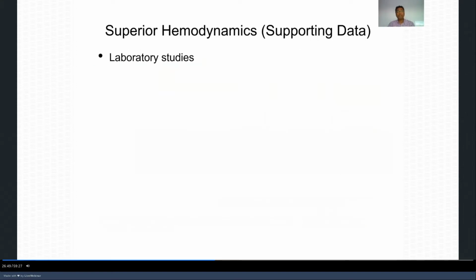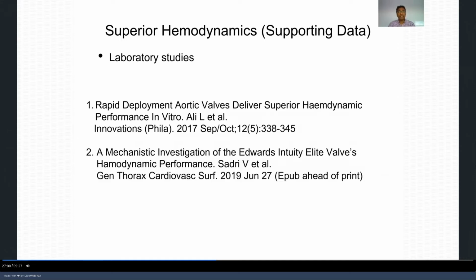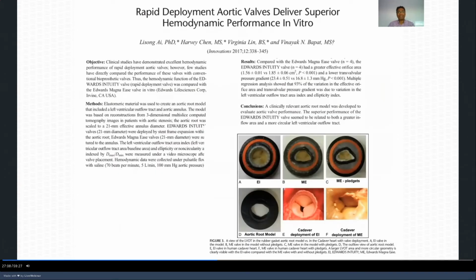When you look in terms of the superior hemodynamics, I reviewed the evidence and I divided it into laboratory studies and then also what is there in observational data. And there are 2 very important papers based on lab testing. The first paper by Lee Song and colleagues, in which they implanted a size 21 Intuity valve in an aortic root model that was made from elastomeric material and also a cadaver, and then compared that with a 21 Perimount